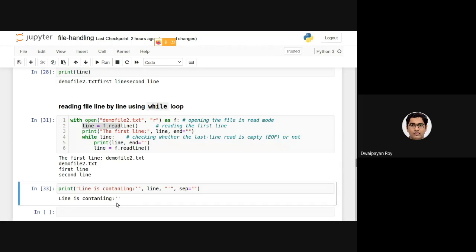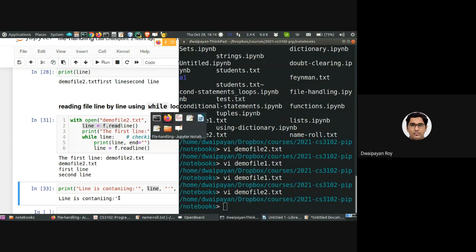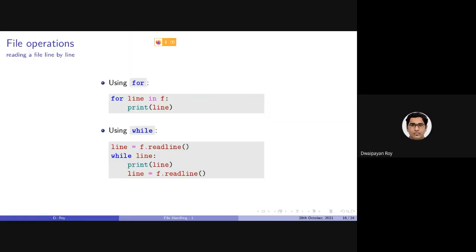You can see line is containing just nothing here. So the opening quote is this quote, and this closing quote is this quote. In between, line is just empty. There is nothing in between. Got it? Yes, sir. Great.